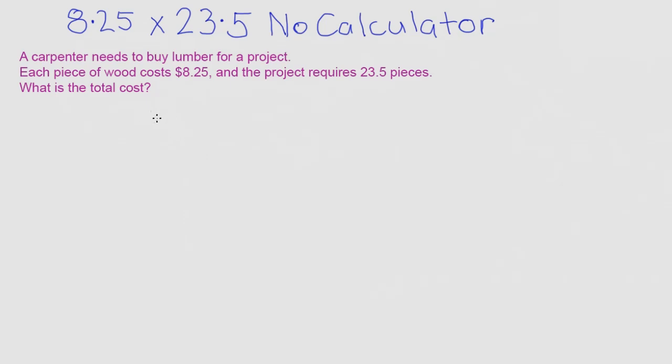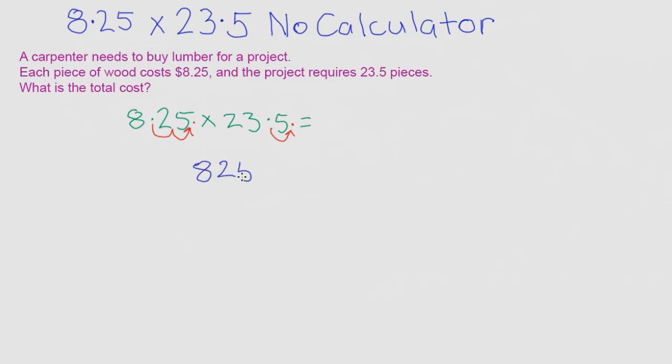So at first, I start by writing this as I have it above. 8.25 times 23.5. Now first, we want to turn these into whole numbers. So to do that, we move the decimals all the way to the right. So we move this 1, 2 times. It ends up there. And we only move this 1 time. So then, it would end up looking like